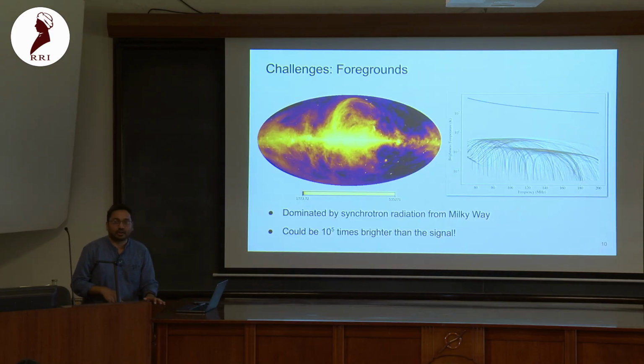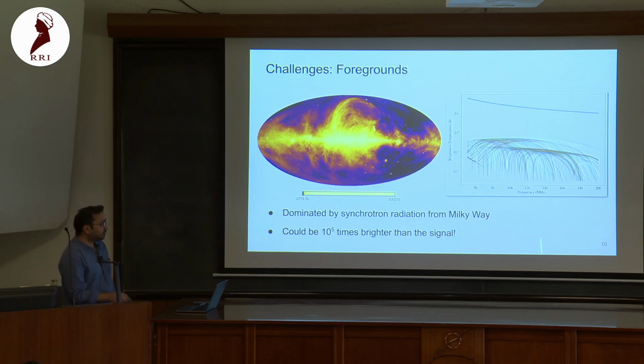Okay, so why has it not been detected yet? None of this actually is because of everything else that comes between those epochs and us. Unfortunately, we live in a galaxy, and that really makes the whole thing very messy because the galaxy is very bright in radio. So this is one of the models called the global sky model, and you can see the units. These are Kelvin units, and these can be tens of thousands of Kelvin bright, depending on which region of the sky we are looking at. And at the same time, this just shows the dynamic range of where the signals lie and where the galactic emissions lie. So there is a 10 raised to 5 orders of magnitude difference.